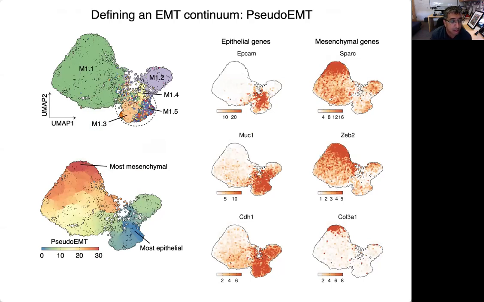So here we've put the cells through the monocle package, which is developed by my colleague Cole Trapnell, and assigned every cell a pseudo EMT score, which is analogous to a pseudotime score, except the scale here is increasing transition to being mesenchymal instead of time. And so you can see this progression from the most epithelial on the right to the most mesenchymal on the top left